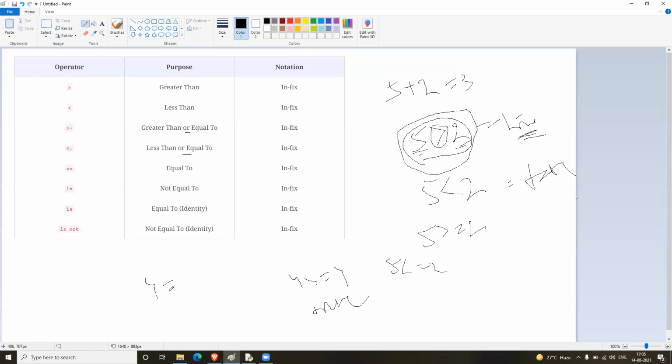If you want to check equality, like 5 equal to 4, and I keep only a single equal sign, it will be an assignment, just for assigning the right side value to the left side variable. For checking equality, we use double equal to. For checking inequality, I will use not equal to. This is the not equal to symbol. Let's say A is equal to 4, B is equal to 4. Both have the same values, so A double equal to B will give me true.